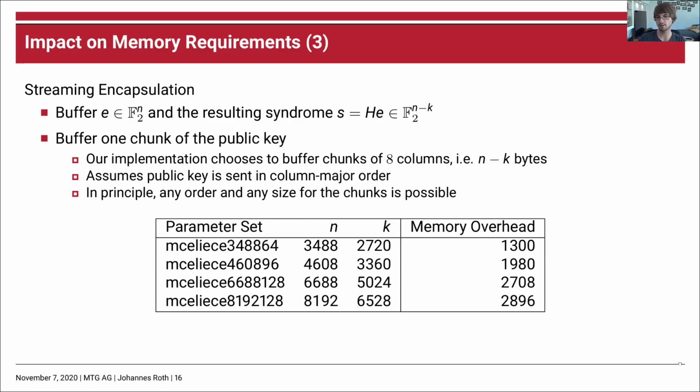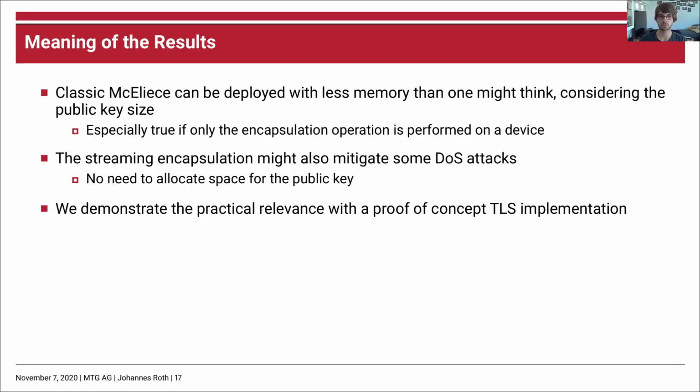While the memory overhead ranges from 1,300 bytes to nearly 3,000 bytes. This could be nearly cut in half if you choose to buffer much smaller chunks. So to wrap up the previous results, we showed that one can implement Classic McEliece with much less memory than one might think, because you actually do